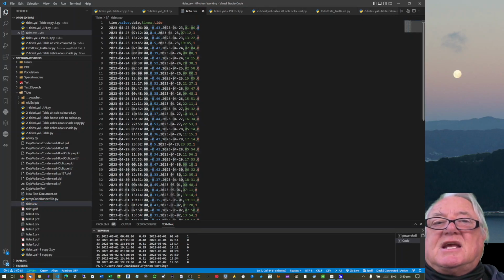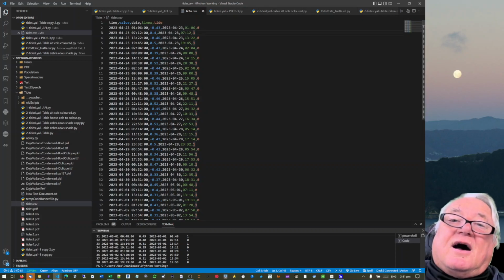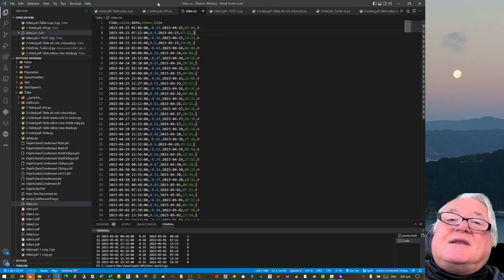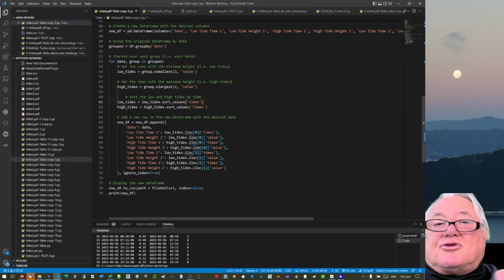So it just says, is this a negative number? Then make it a 0, so it's a low tide. If it's a positive number, then make it a 1, so it's a high tide. And so we can use this column then, instead of using group n largest, group n smallest by the value,